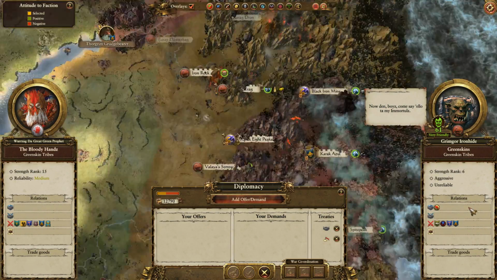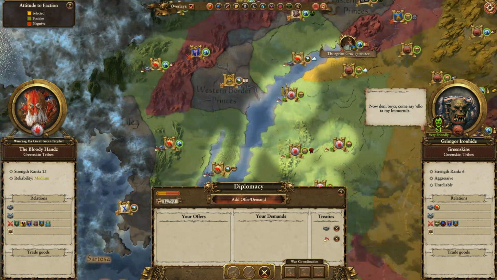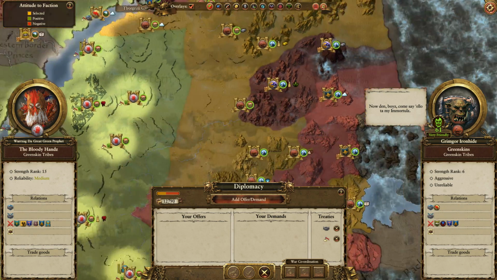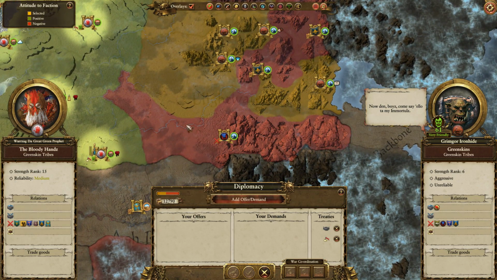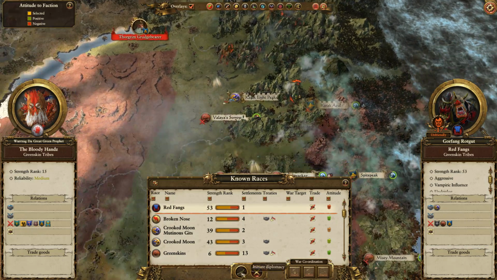Now then, boys, come say hello to my immortals. Right, you're at war with Belagai, you're at war with the Dwarves, the Red Fangs, and Karak Hearn. So you're basically heading north by the looks of it, apart from obviously the Red Fangs who are down there. I wonder if I keep...